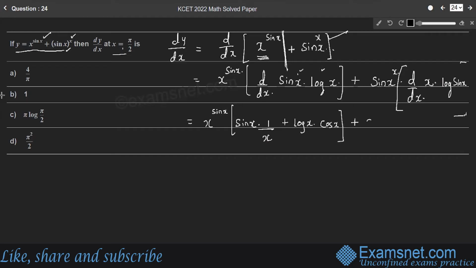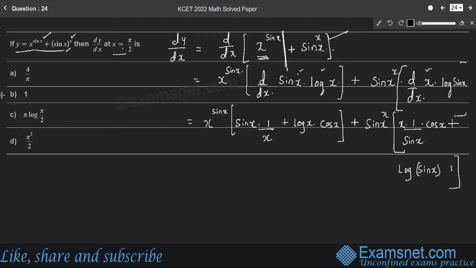Plus the second term is sine x raised to x into d by dx of x log sine x. So we'll consider x as constant first. X into d by dx of log of sine x is 1 by sine x, since the derivative of log x is 1 by x. Therefore, for log of sine x it is 1 by sine x into d by dx of sine x, which is cos x, into cos x. Plus, we'll consider log of sine x as constant, right? So log of sine x into d by dx of x, which is 1,